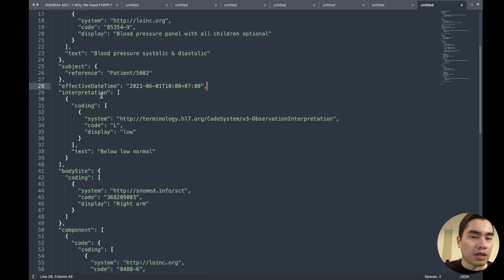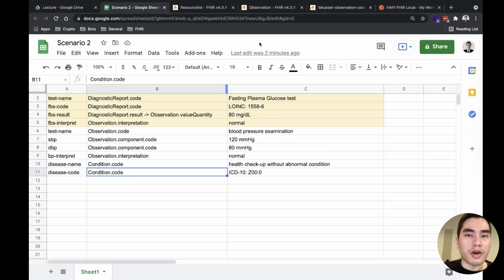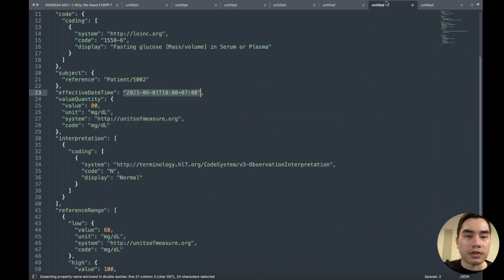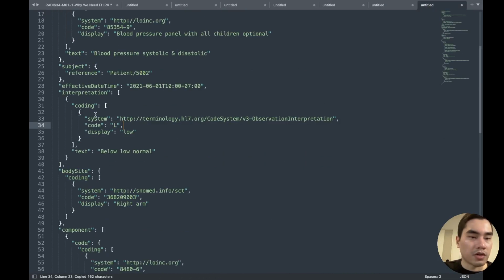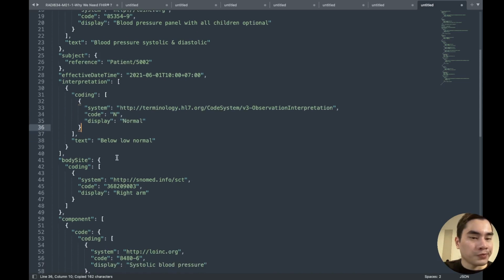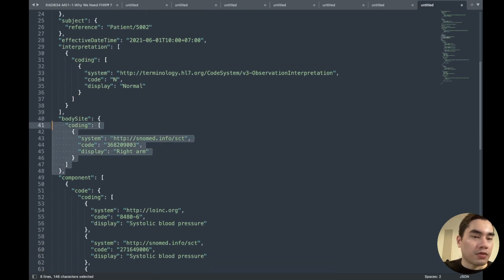Okay, interpretation. It's 180 and it's normal. So it's the same here as this one, normal. This one we don't need. Body site, we don't know.